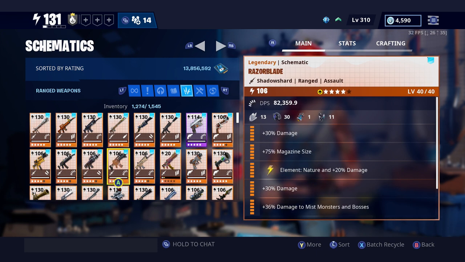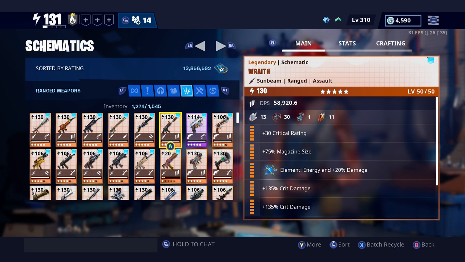For example, where's the Wraith? My Wraith. So the Wraith came out last year, excuse me, and 100% I made it Shadowshard. Now that you have an opportunity to get an additional Wraith from the military llamas, which are only going to be available for a few more weeks as I'm recording this, if you get a second one, you could make it Obsidian, especially if you're going to use it a lot,